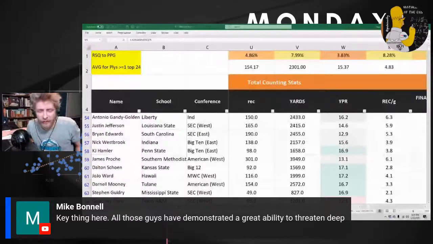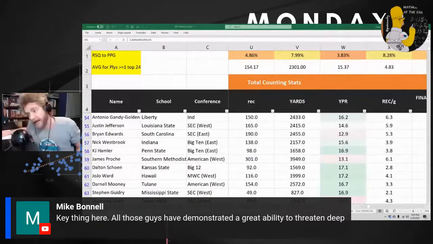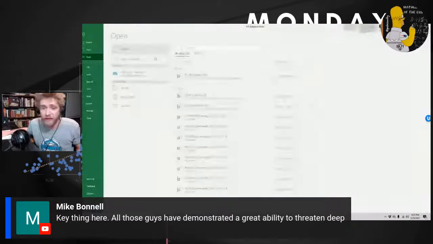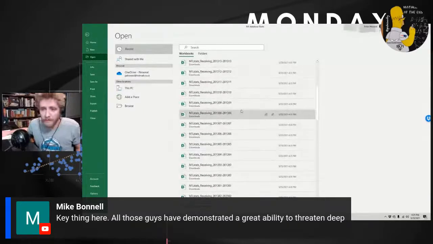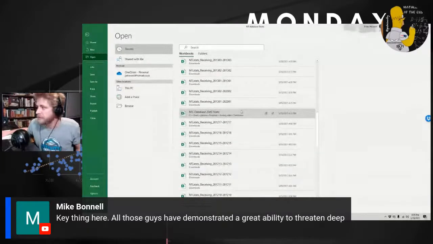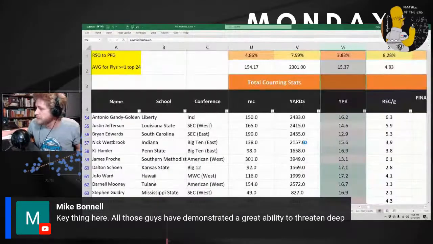All those guys have played in the NFL and have gone on to demonstrate great ability to threaten deep. Most of their value in fantasy hasn't come from the majority of those deep targets, because they don't have huge ADOTs. They're not playing deep in the sense that you're talking about, that Moore won't. All of them are volume hogs, which is what Ronda Moore would have to be to do it. And I think he could.